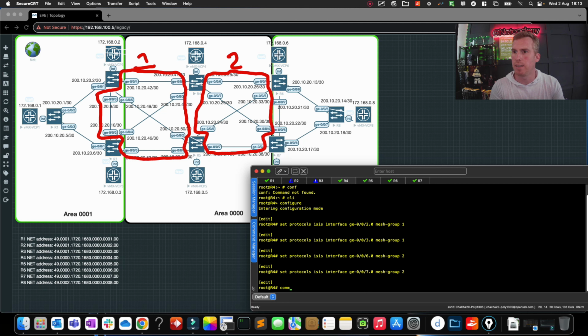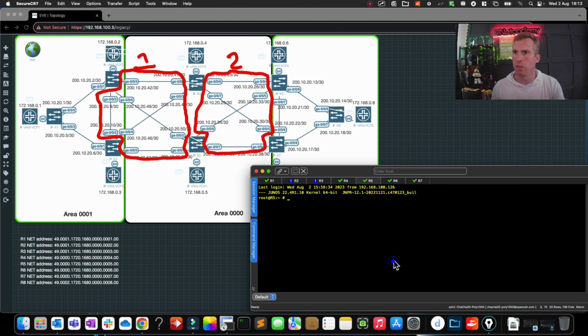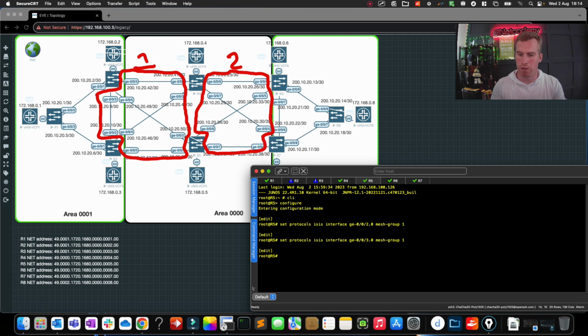I'll give that a commit there, and we have now just configured two different mesh groups on router R4, mesh group 1, mesh group 2. Again, need to do that on the other router though, so let's go into CLI configure mode, set protocols IS-IS interface ge-0/0/2 mesh group 1, ge-0/0/3 mesh group 2, out of the ge-0/0/6 interface, and ge-0/0/7,